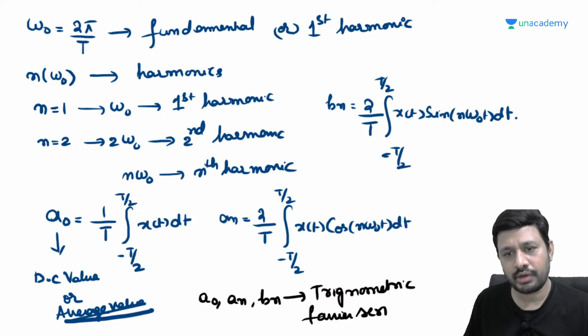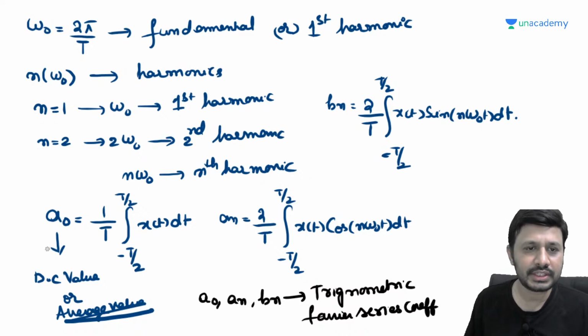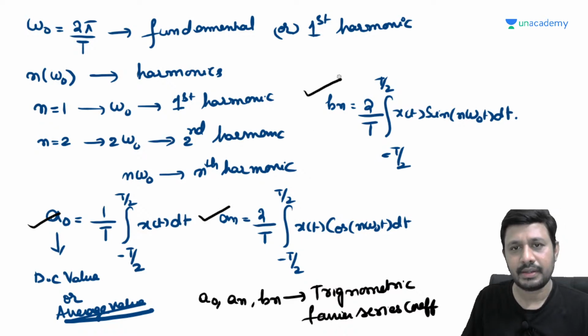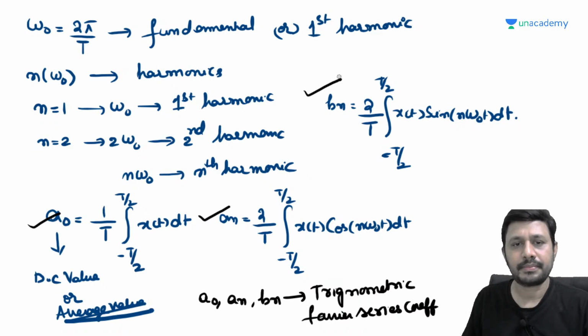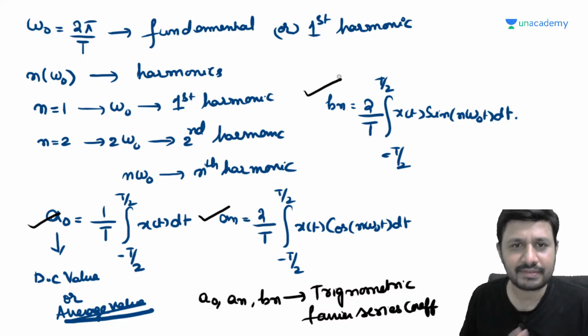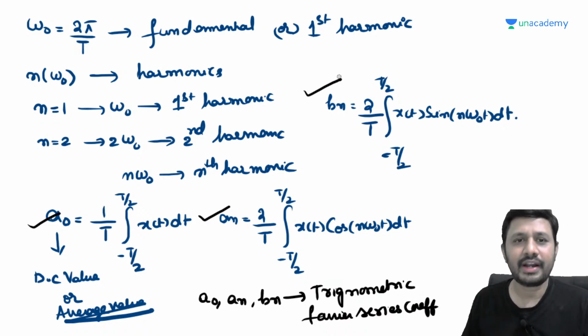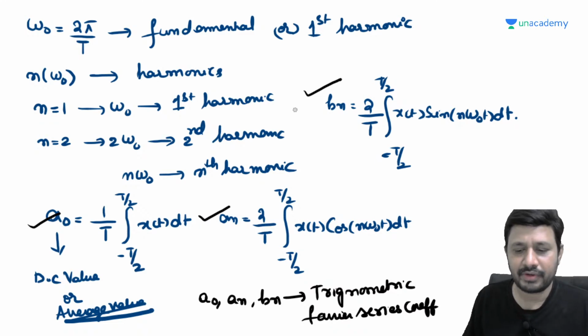How to find the trigonometric Fourier series coefficients? A naught can be calculated like this, an can be calculated like this, bn can be calculated like this. We have expressions also. If you take one example, you will understand better what sinusoids are there with what frequencies, how we are going to add them, and how we get the resulting signal. But before that,